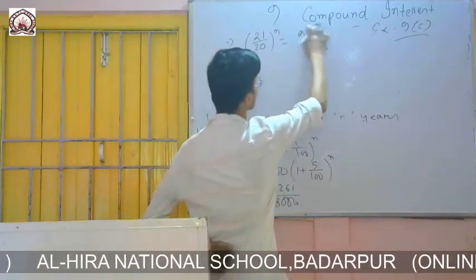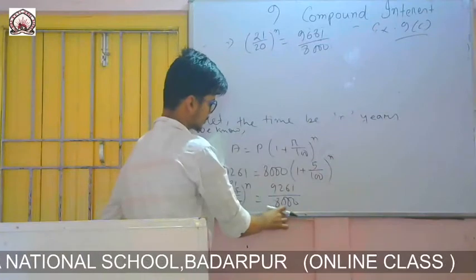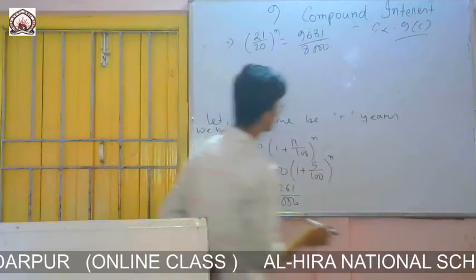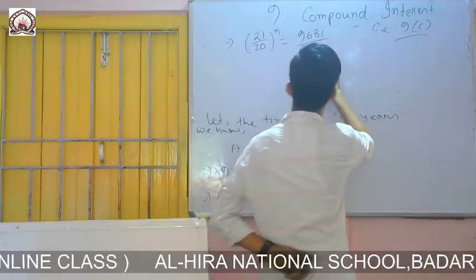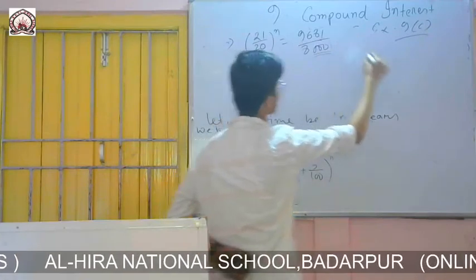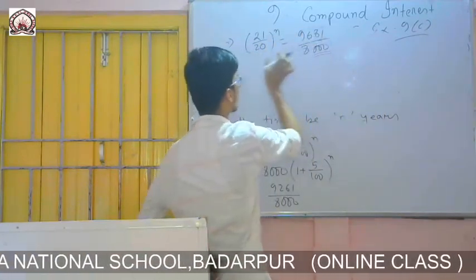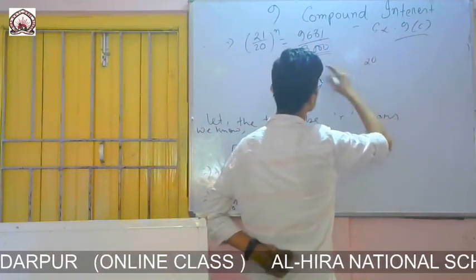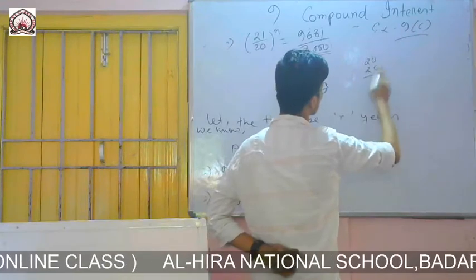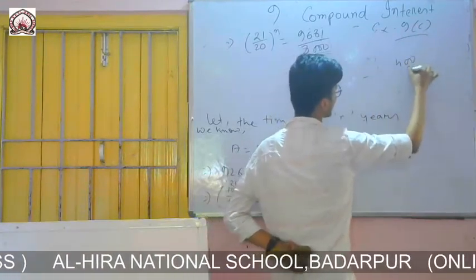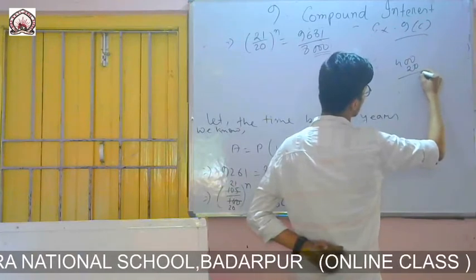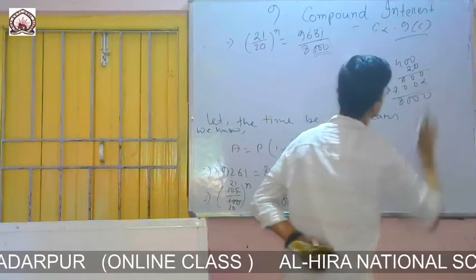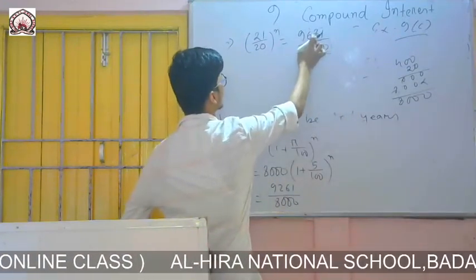This one also you have to cancel, because if you don't cancel this one, you cannot express it. Okay, you see one thing. Yes, I can convert it into cube. You see 8000, 3 zeros. Simply you check with this one, because this is 100% sure that this one will match with this one. So you can check with 20. 20 square equals to 400, and 400 into 20 is 8000. Yes, it is matching. That means 21 cube will be this one.